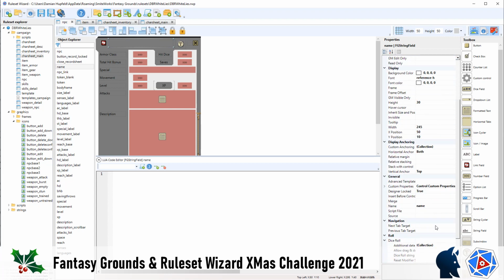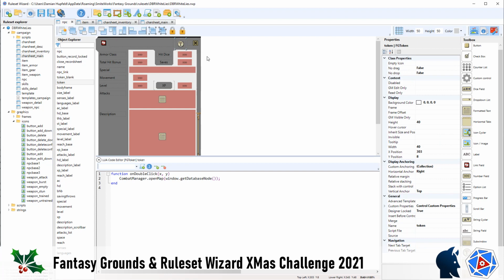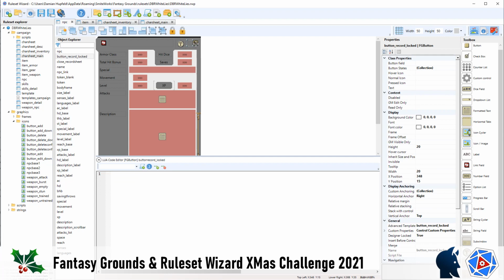It's just a string control, but it gets used in the combat tracker and other things. Over here we've got a token field, and this token field here, if you double click on it, it will open up the map, any map that this character or this actor, this NPC, is already placed on. We have our lock field, we have our close button,